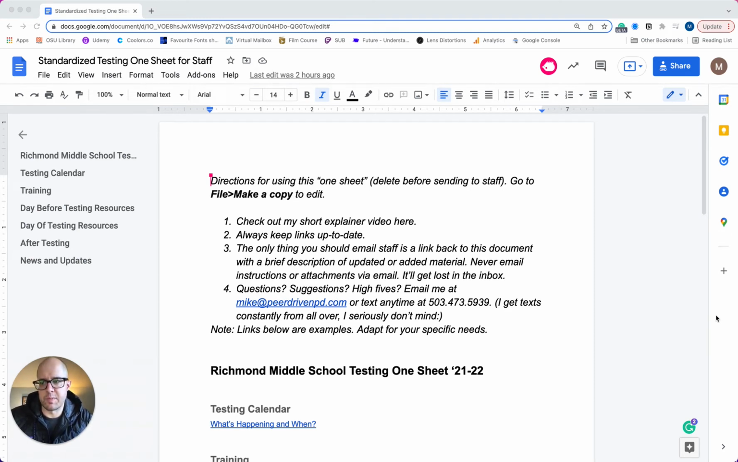And I use this method for back to school nights, for other PD seminars, just any event that has a lot of different types of information associated with it. I feel like this method of consolidating information can be really helpful. And it's based upon the premise that when you email out information,